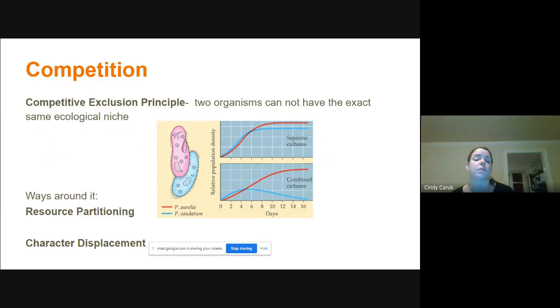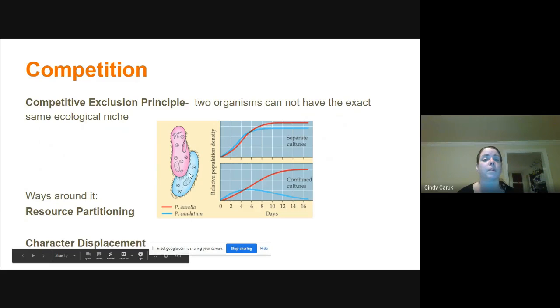Competitive exclusion principle, this is Gause's experiment, and this is one of the virtual labs that we will try to do. Not this week because we're kind of having a soft intro, but two organisms cannot have the exact same ecological niche. Okay, so if we put these two paramecium, these are protists, we've talked about them before with the contractile vacuoles, and if we have them in separate cultures, you can see they show that nice logistic growth curve, right? So again, use the environment, exponential growth, then it levels off like carrying capacity,